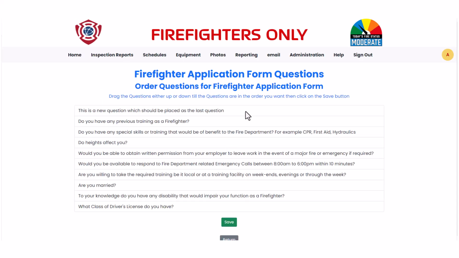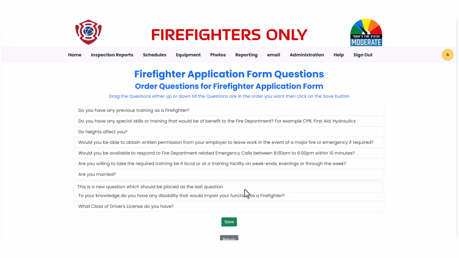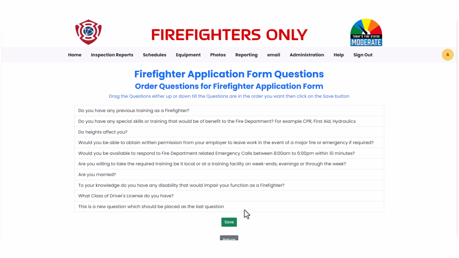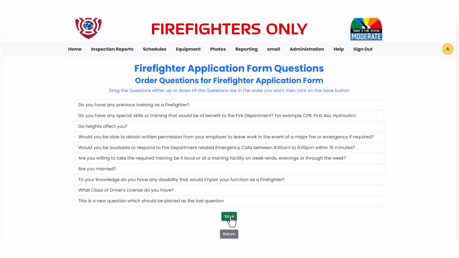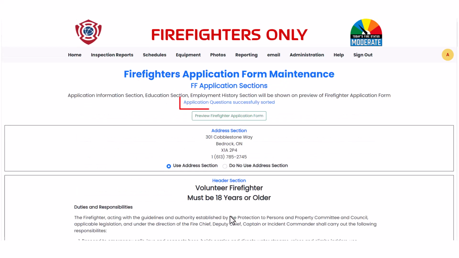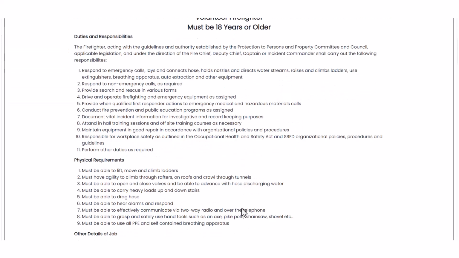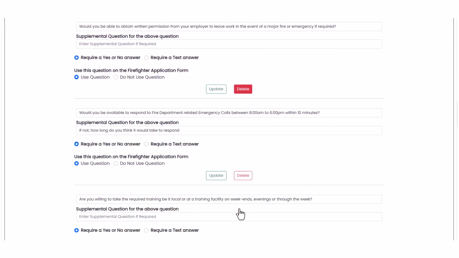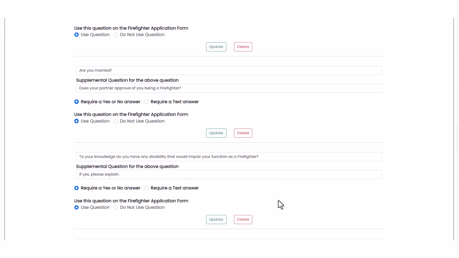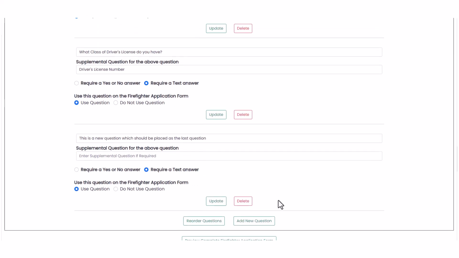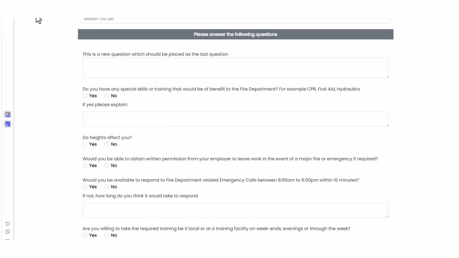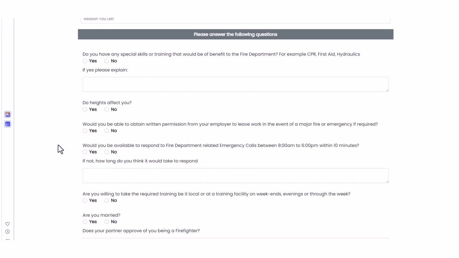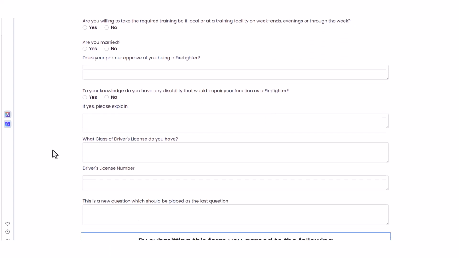Now we can drag the question we want to any position where we want the question to appear. In our case, we want it as the last question, so we drag it to the bottom. We then click on the Save button. A confirmation message appears stating that the application questions successfully sorted. Now if we scroll to the bottom of the question section, we will see our new question is now listed last. If we refresh the Firefighter application form, we will also see that the new question that we added is listed